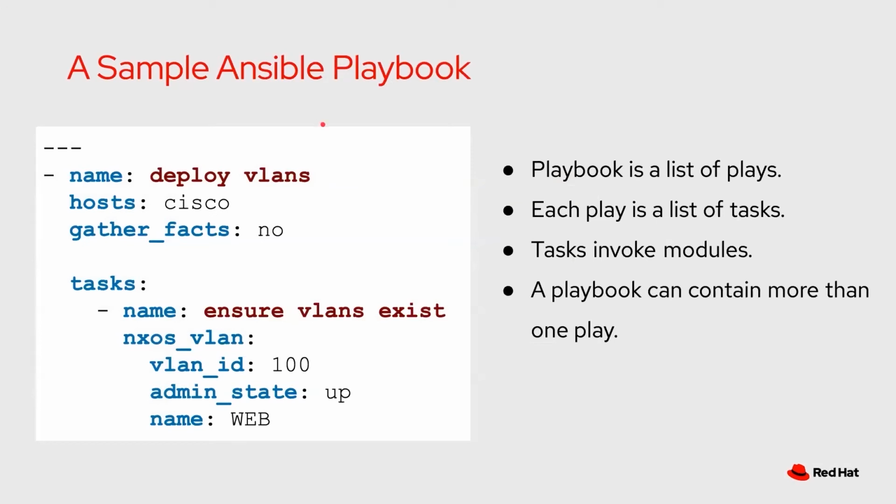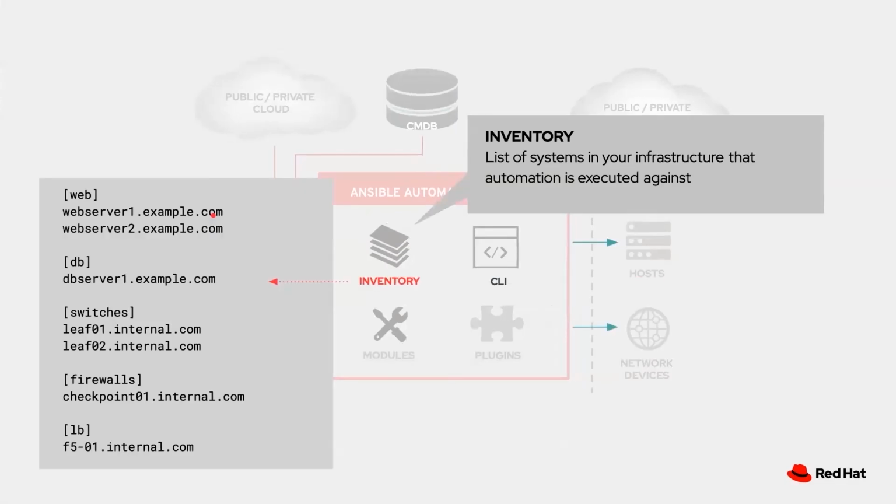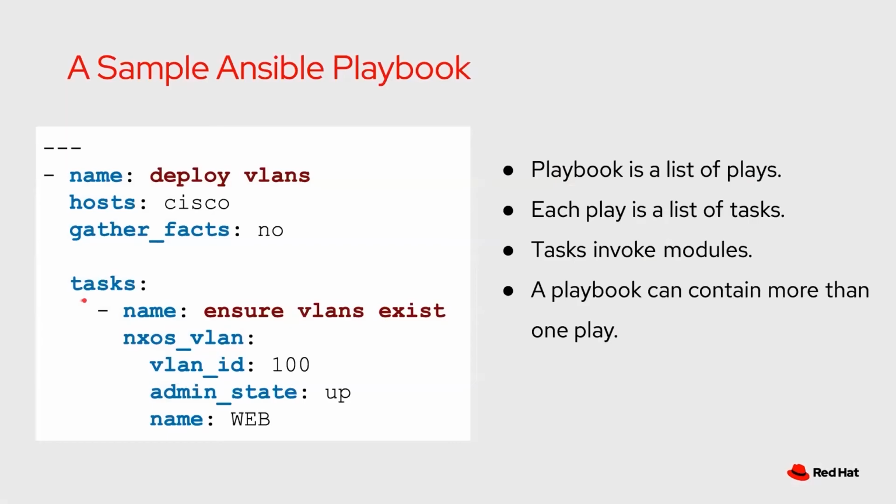So going back to playbooks. Ansible playbooks, because this is YAML, all playbooks start with 3 hyphens, and they ought to end with 3 dots, although that's usually not enforced. Again, all sections start with a hyphen. We're naming our playbook. It's called deploy VLANs. It's running against those hosts, again, Cisco. If you go back to our inventory list, it's not a good reference, but again, we're talking about these switches here. And then we're going to do that and gather facts.